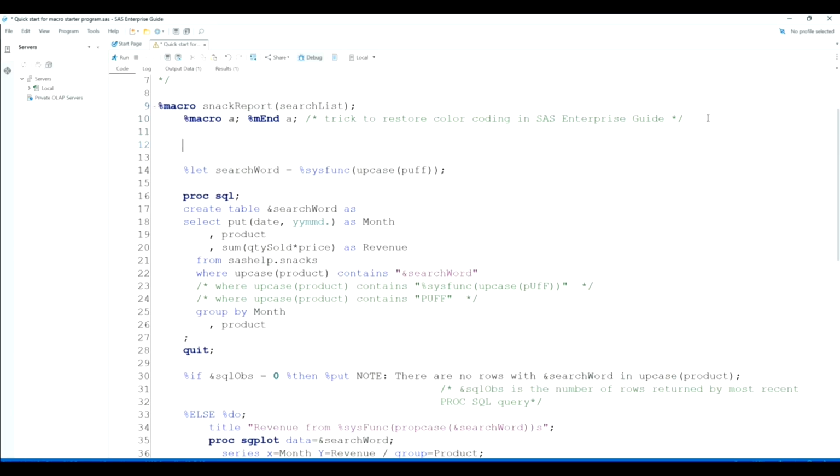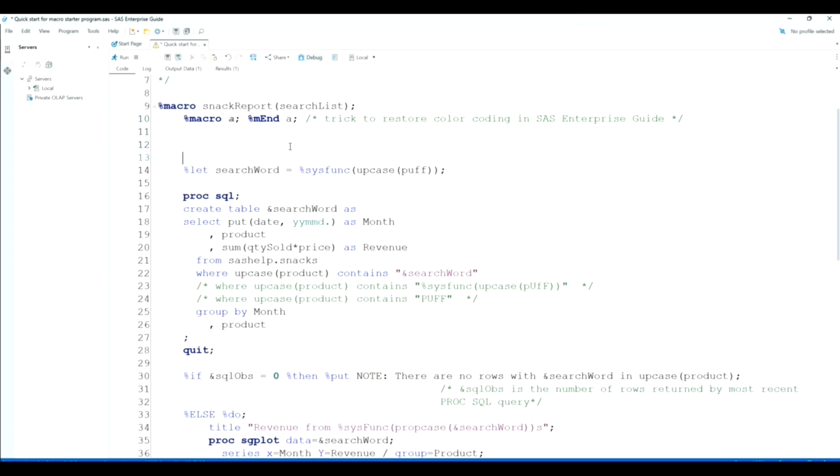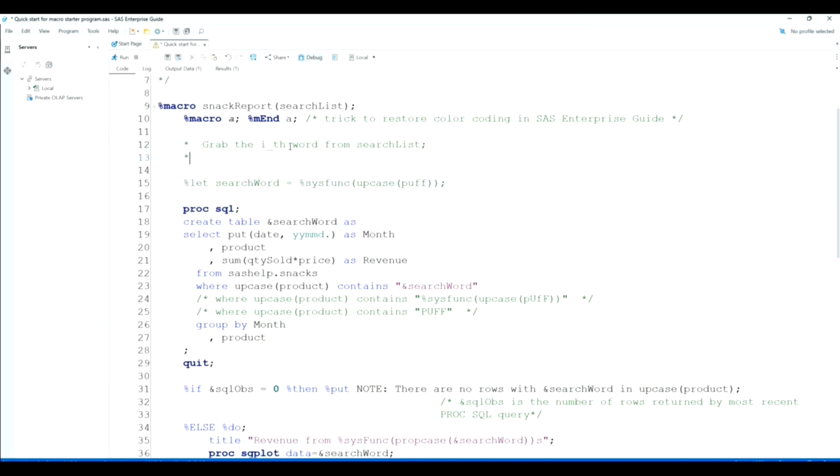And then we would have essentially a loop. And in our loop, we would say, okay, let's do a comment, grab word X, or grab the ith word from search list, then run